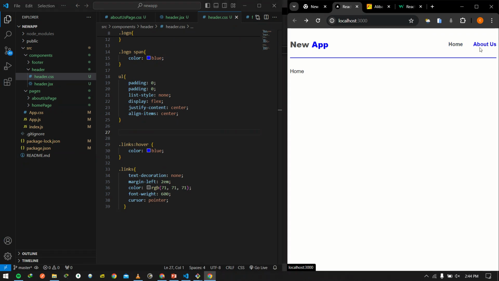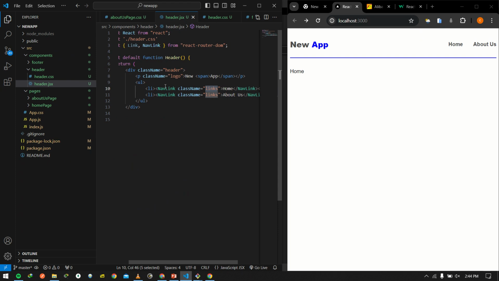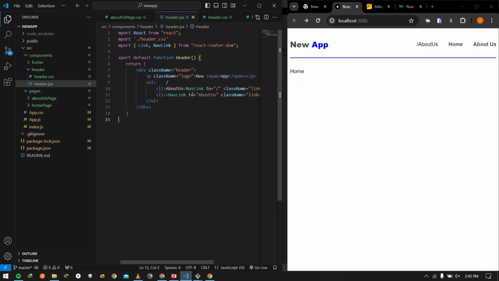When you click them, nothing is happening because we have not added where it should take us when we click them. So we go to header.jsx. Under nav link, we add the tag to. Alright, we add an attribute to. So the home will take us to slash, and the about us will take us to about us. So you must actually take note that